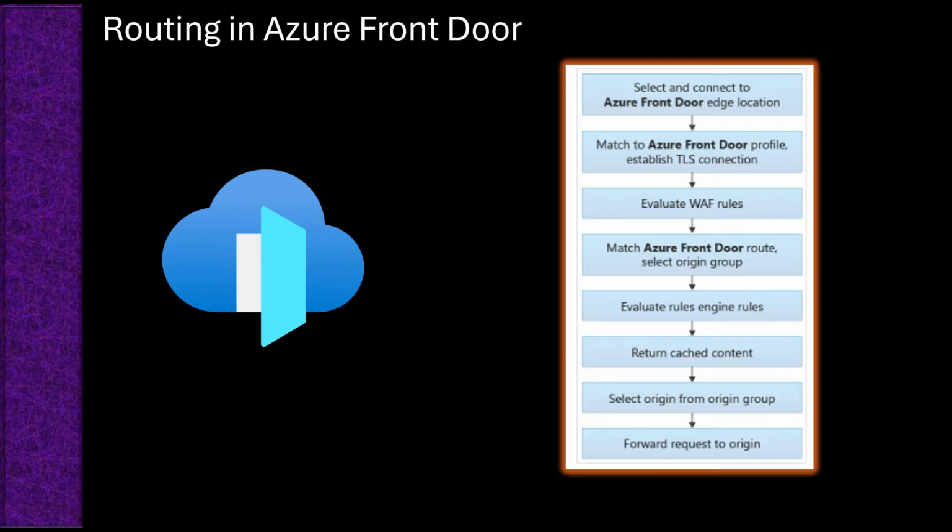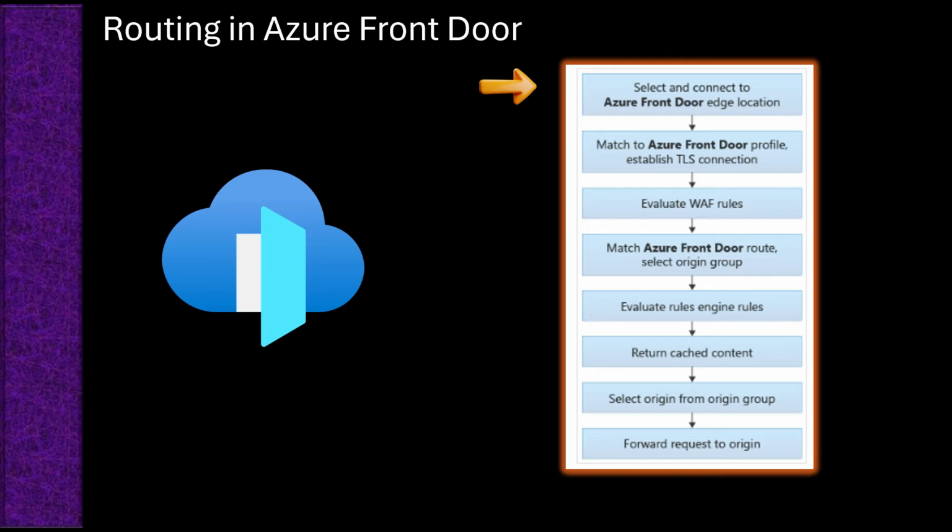Let's unpack the routing steps. The process begins when a client, such as a web browser or a mobile app, sends a request to access an application hosted behind Azure Front Door. The client's request is routed to the nearest Azure Front Door point of presence on the Microsoft Global Edge network, which minimizes latency. After the client request reaches Azure Front Door, it determines which instance of the service to use based on the DNS configuration. Azure Front Door acts as an entry point for web traffic and can handle requests across